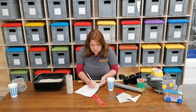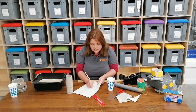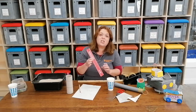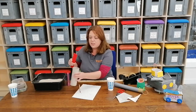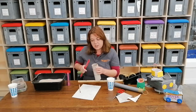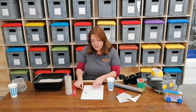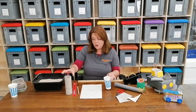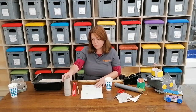So when you've got that done, take your time doing it, do it very, very gently. You just want little holes in that. And you can use your ruler to create really straight lines. You can measure it all out. Make sure that the diameter is the same as the bottom of your roll. When you've got a few different constellations done, either using your cup or using the paper and the kitchen roll,